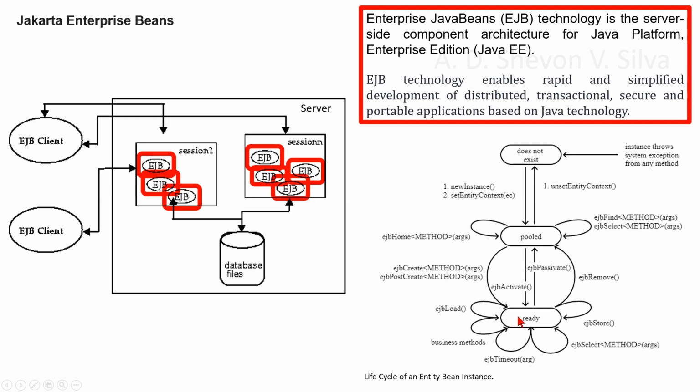Here ready is connected to itself via EJB load, and ready is connected to itself via business method. Ready is connected to itself via EJB timeout args. Ready is connected to itself via EJB select, and ready is connected to itself via EJB store, and ready is connected to pooled via EJB passivate method here, and ready is connected to pool via here EJB remove method,